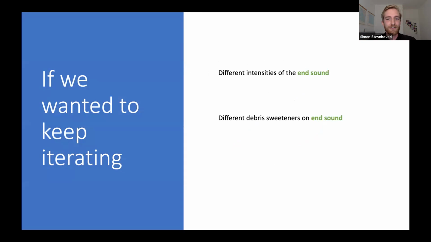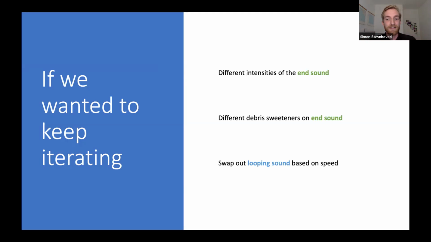And then you probably want to do different debris sweeteners on that end sound as well, because usually in games when we have this bridge, they would put it all over the place in the world. So sometimes it impacts into sand, sometimes it's going to impact into grass or onto metal, and then we need to be able to swap around the sound to make it fit.